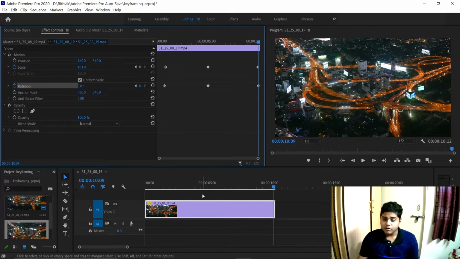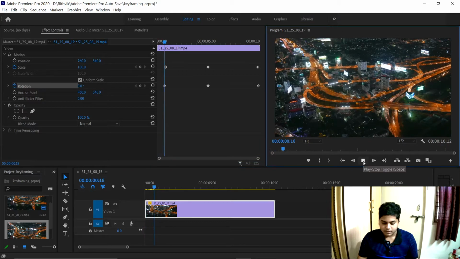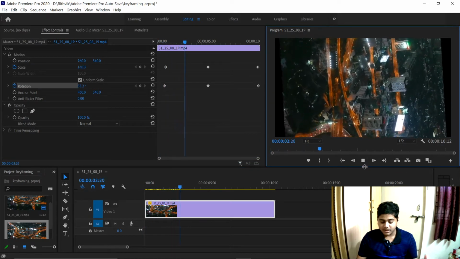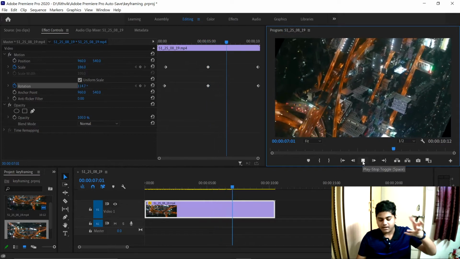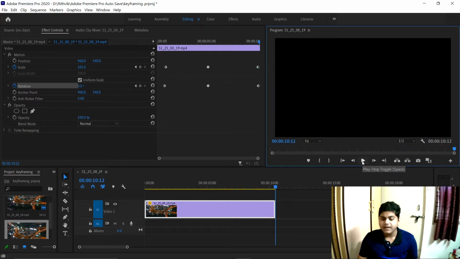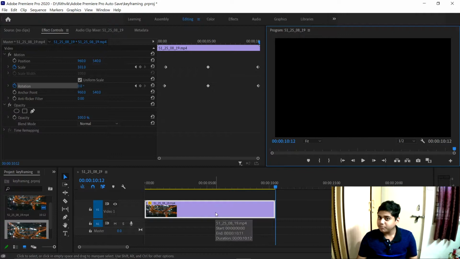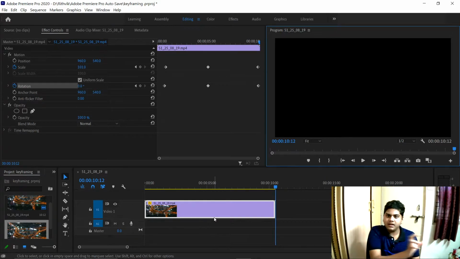Now if I play this back again, you can see what will happen. You can see that our picture is rotating and also zooming, and again it's coming back. We have added that as well, and now we can also change our position. At first, I want my picture to be in this corner, and similarly I want it to come here, here, here. You can simply animate it.